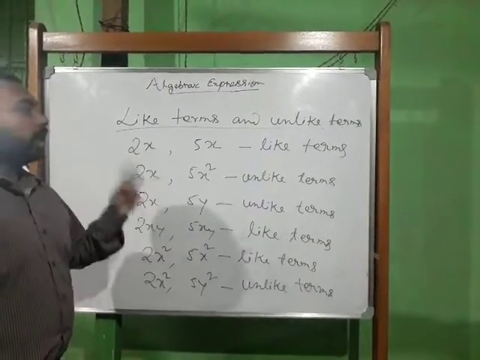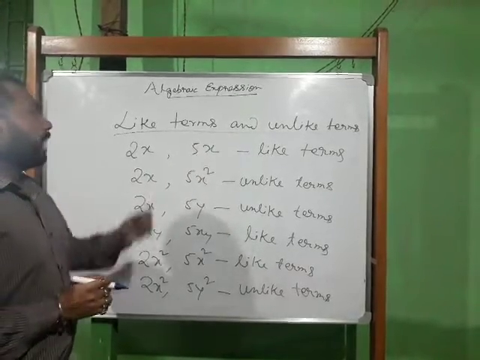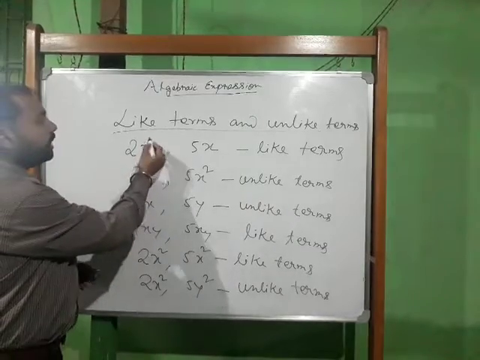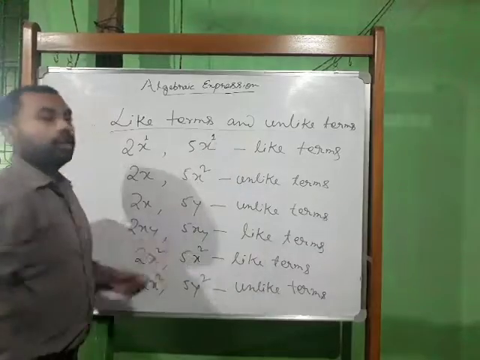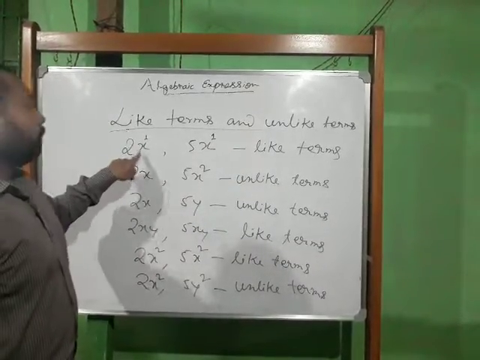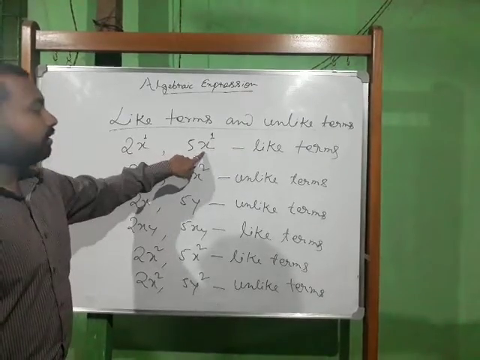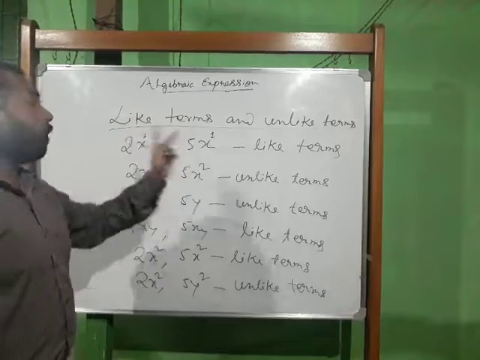For like terms, the variable should be same and the coefficient of the variable, coefficient means power. You see here nothing is written, that means power is 1. Here also power is 1. Again I am repeating, the variable should be same. Here the variable is x, again in this term the variable is x. So the variables are same and their coefficient should be,